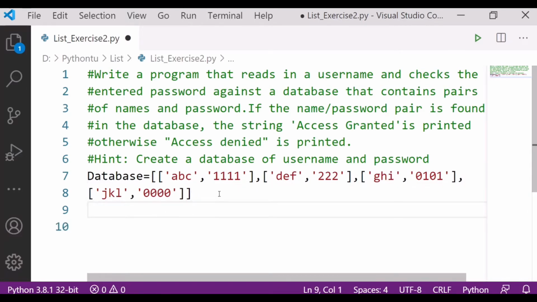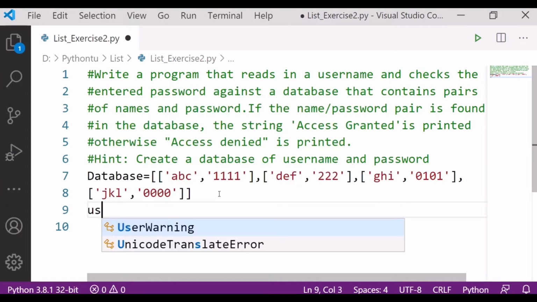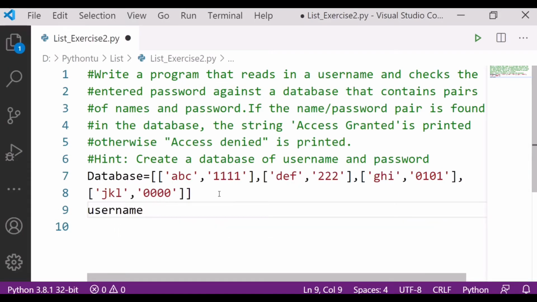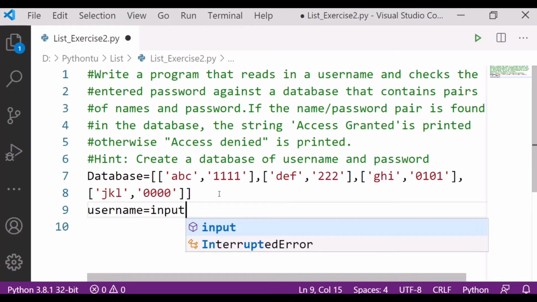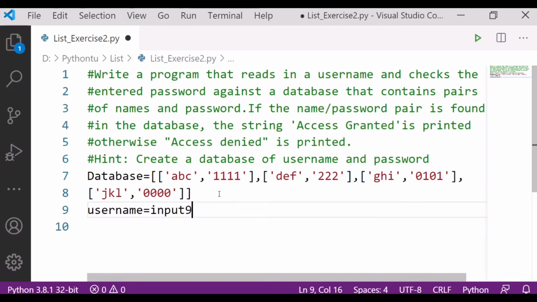Now what would be the next step? We need the username from the user. So I'll write here username is equal to input. We have to take the input from the user, so I am writing here username.